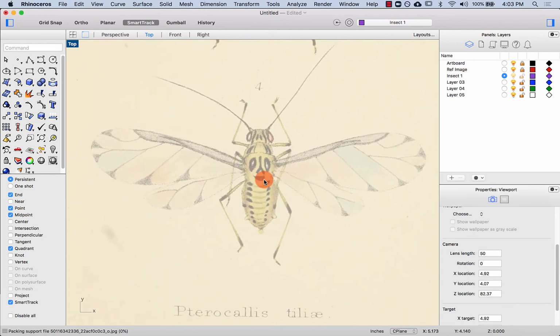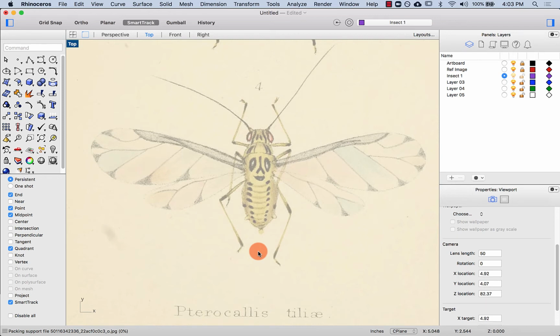bug right here. Now, one thing I see immediately about this bug is that there's some kind of symmetry happening here. And these are the kind of things I want you to start looking at as you start making your own designs and start modeling. And as you can see, the symmetry is sort of right here. And this is not an exercise in accuracy. This is really an exercise for you to get used to using curves and different transform and rotate, mirror, things